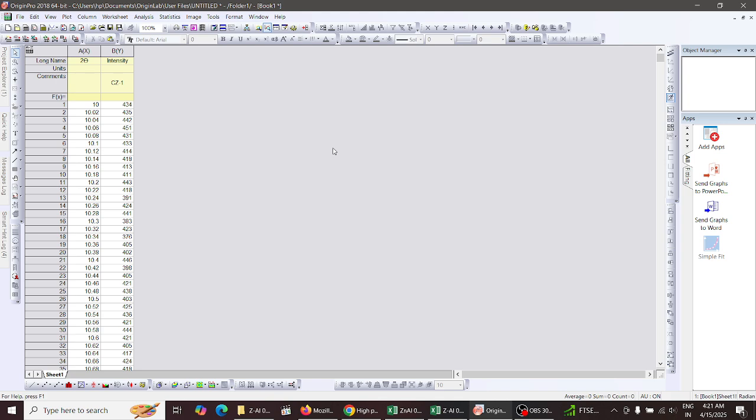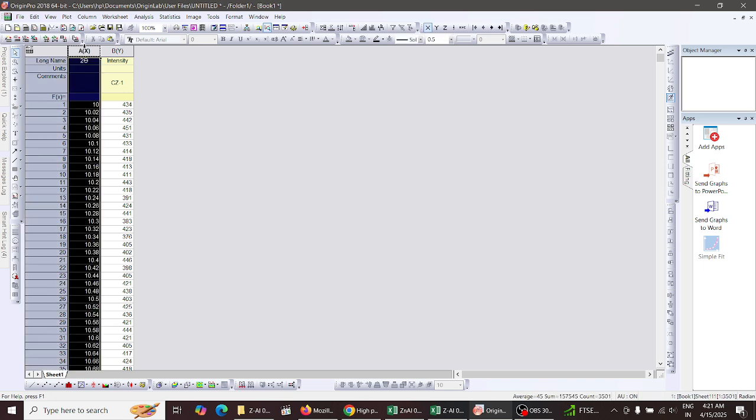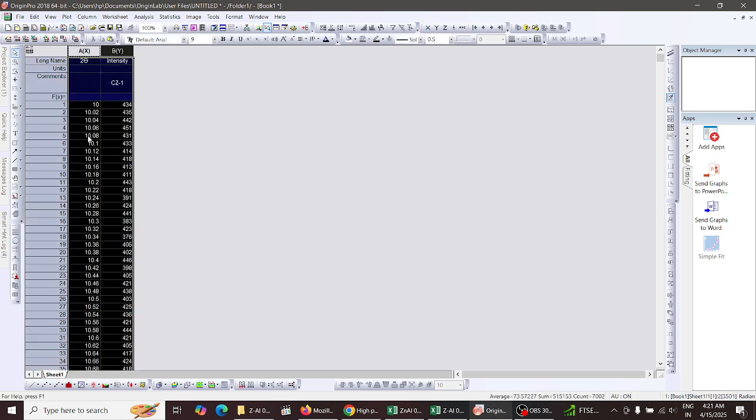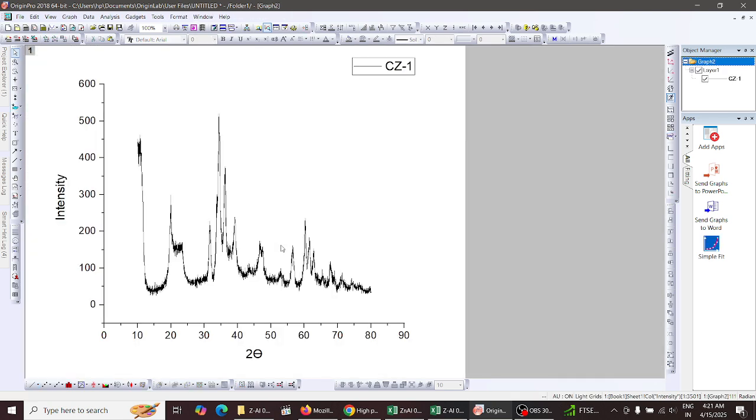Okay, now we have imported the data. So what we will do, we'll simply go and plot, or you can just choose the plot from here. So now we have plotted the data. So our data looks like this, and it looks like a bit rough data. So what we need to do is,